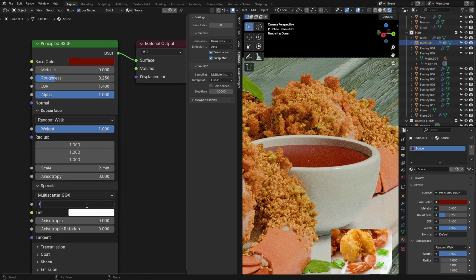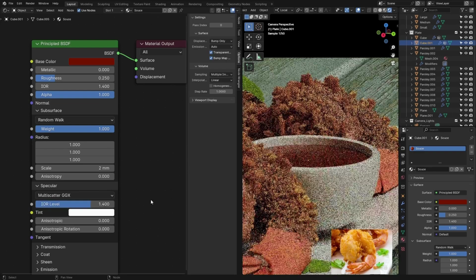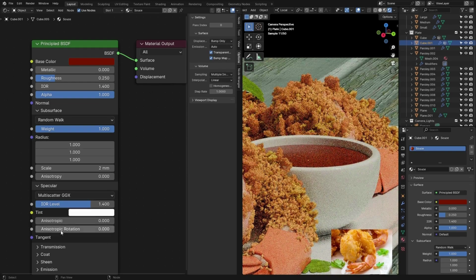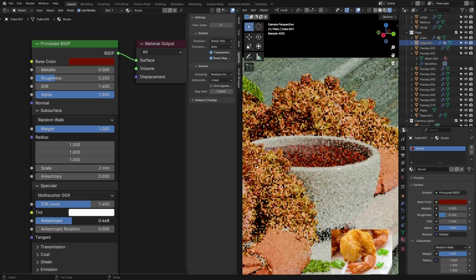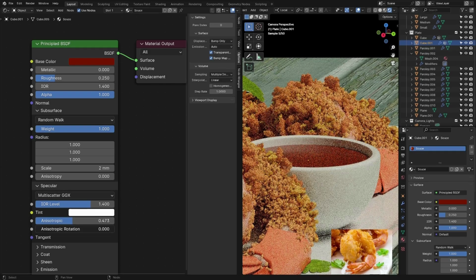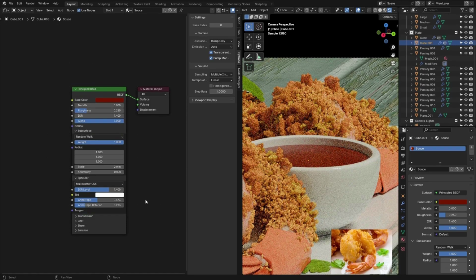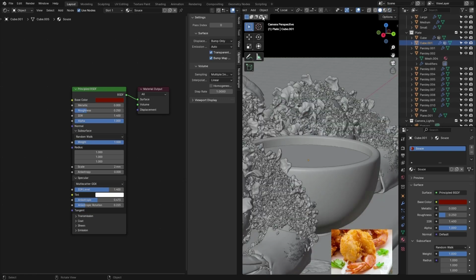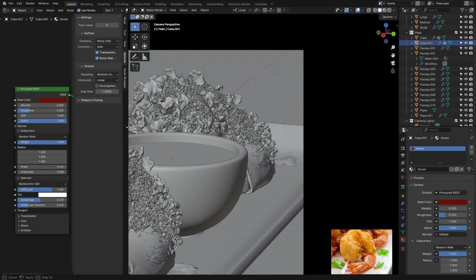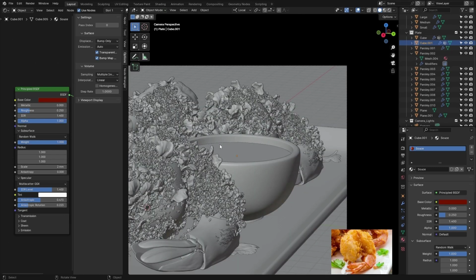add 1.4 for specular level and a little bit of anisotropic to actually break the uniformity of reflection right there. So something is missing and there is a little bit of sculpting on top. So